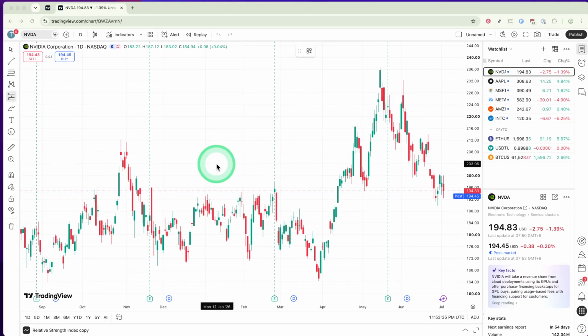In today's video, I'm going to teach you how to use the price range tool on Tradingview. Whether you're new to Tradingview or an experienced trader looking to maximize your technical analysis, the price range tool is a simple yet powerful feature that can help you measure price movements, track volatility, and spot key patterns in the market. By the end of this tutorial, you'll know exactly how to locate, use, and adjust this tool to enhance